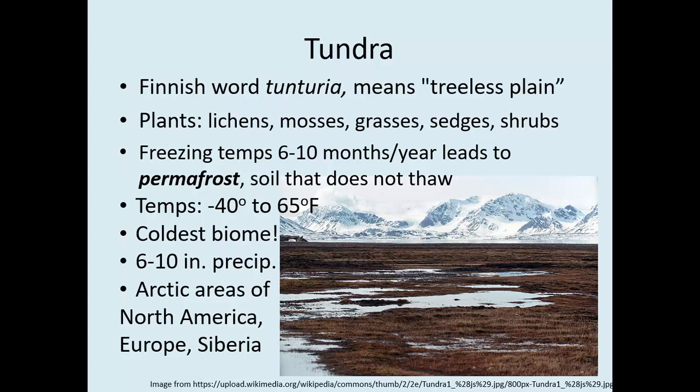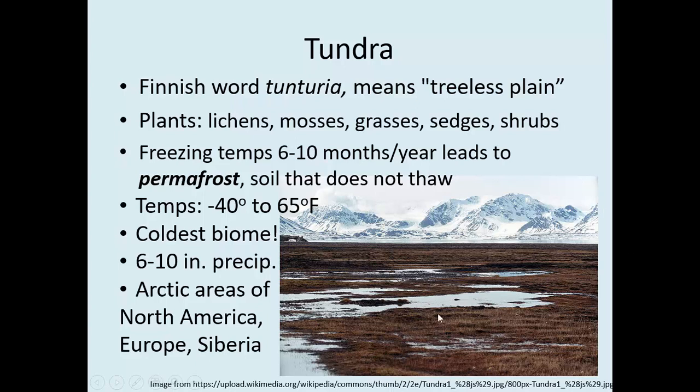Okay, our last biome is tundra. Tundra comes from the Finnish word tunturia, which means a treeless plain. And you can see in this picture that tundra is indeed treeless. So the plants that live in the tundra have to have very shallow roots, because